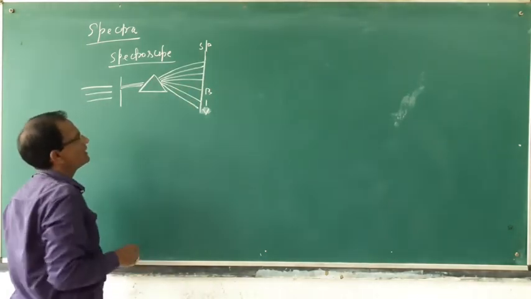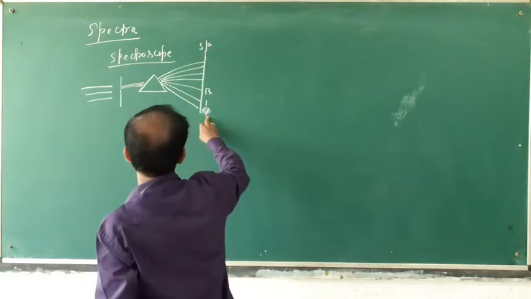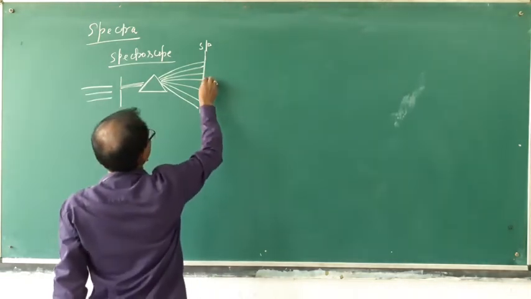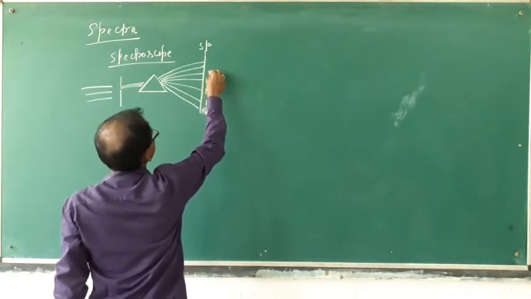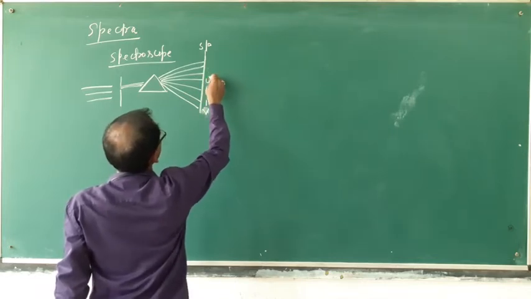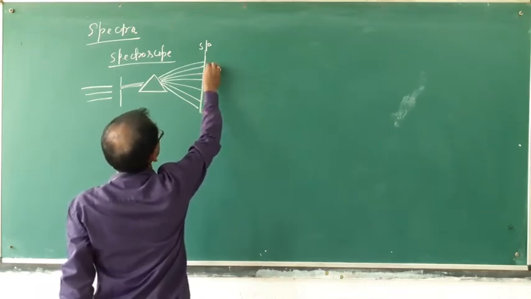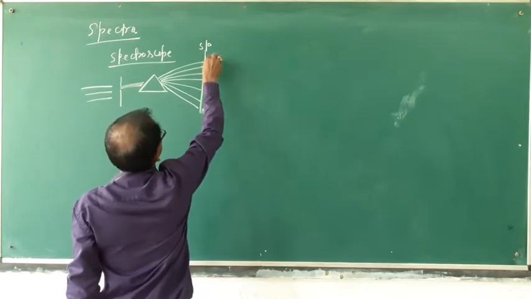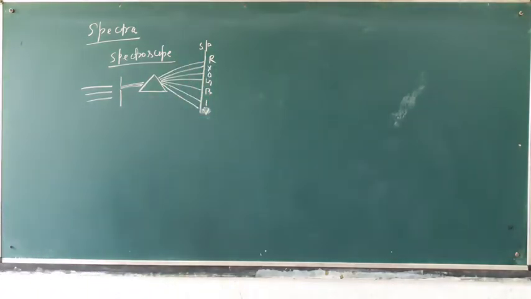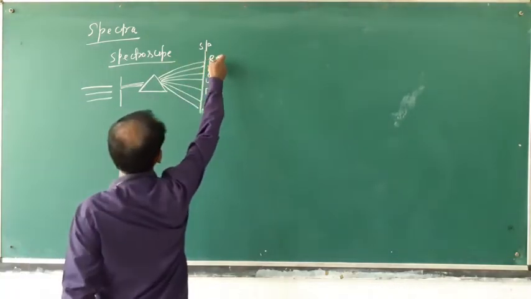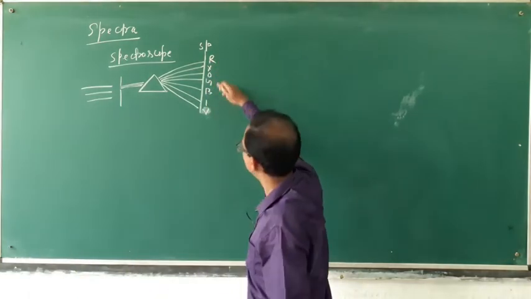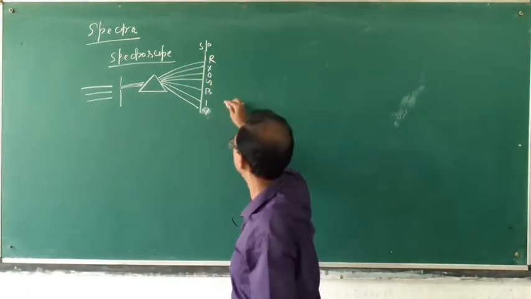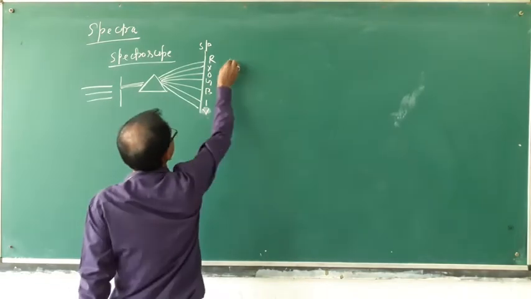What are these? 7 colors: violet, blue, green, then orange, yellow, red. So like this, 7 colors of light are produced on the screen, and this arrangement is in increasing order of wavelength,